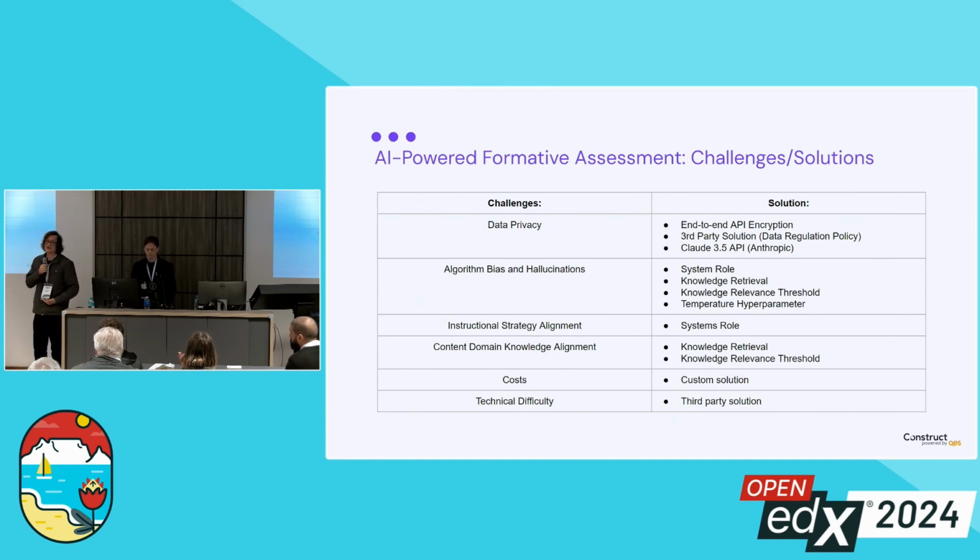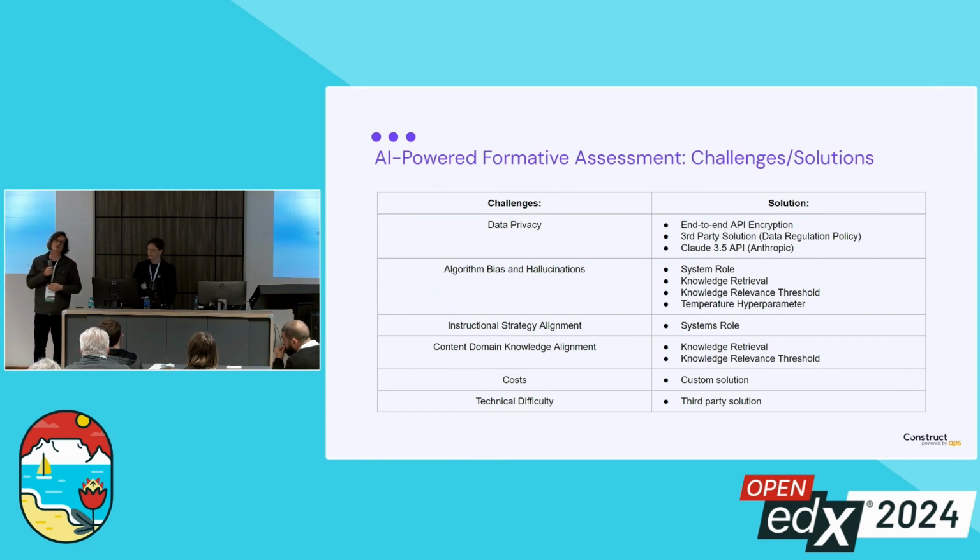Next, content domain knowledge alignment. I think many of you also probably had this concern prior to the talk: how can we ensure that our AI-powered formative assessments are rooted within our curriculum and don't merely draw from knowledge that is present within the open domain?